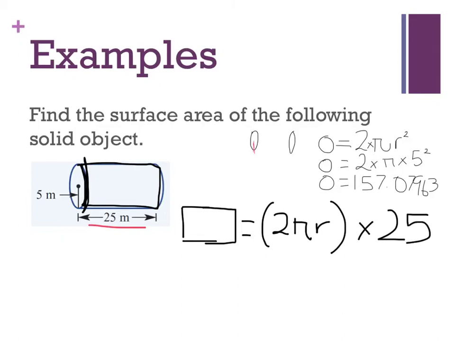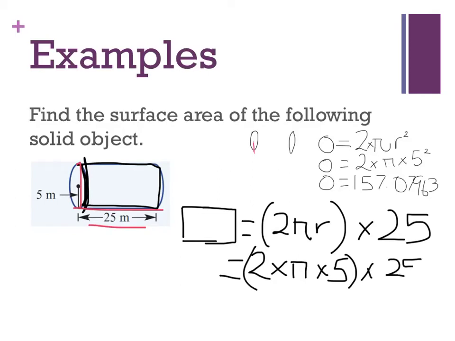Because 2 times pi times r is giving me all of that side, and 25 is giving me all of that side. So 2 times pi times 5, that multiplied by 25. Okay, let me get my calculator out again. 2 times pi times 5, my radius, gives me 31.415926... times that to work out the area of a rectangle. It's side by side, so times it by that, I get